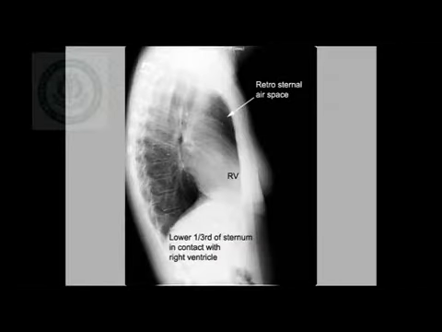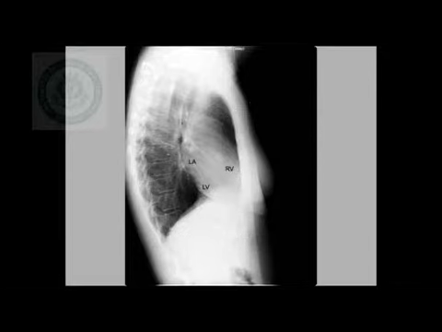Now a diaphragm which is farther away from the screen always looks larger than the diaphragm which is closer to the screen. Now in a lateral view, another thing which you have to commonly look at is the retrosternal space. The retrosternal space is increased in obstructive emphysema and it is decreased in right ventricular hypertrophy. The right ventricle forms the anterior margin of the heart in a lateral view, and that is depicted again in this picture.